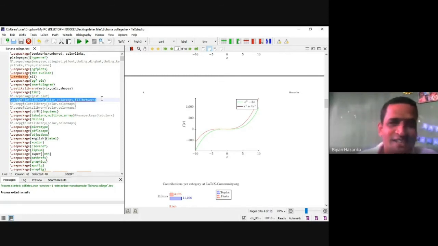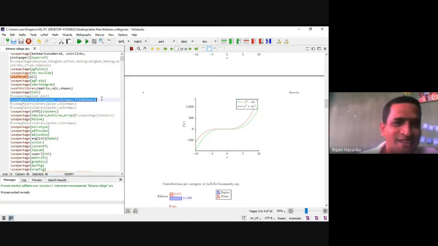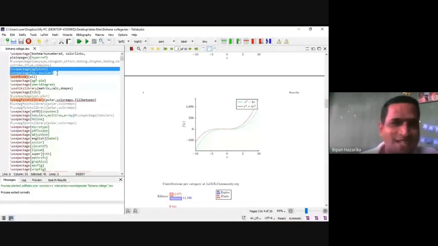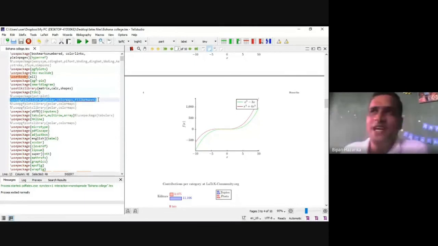This one for polar. Package file already here. So these two are the package files for different figures, and for polar, I add one extra package here to draw the polar functions.